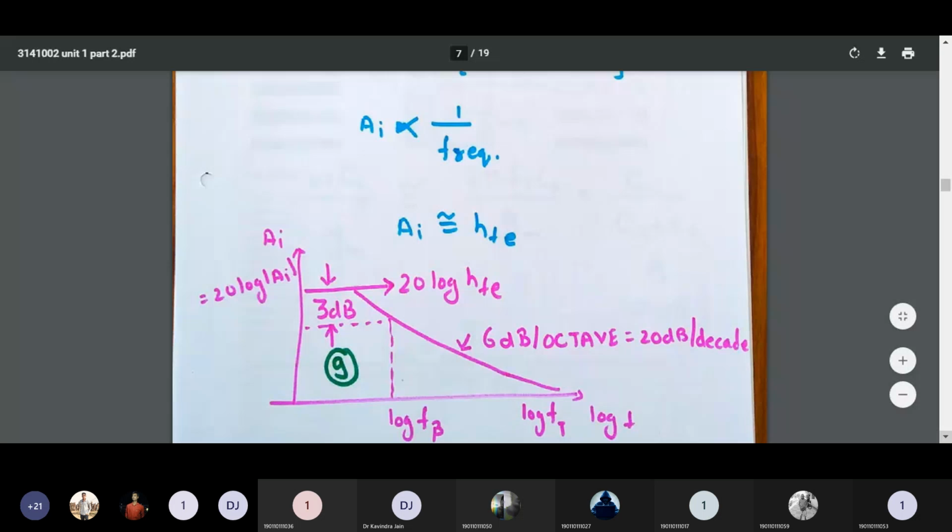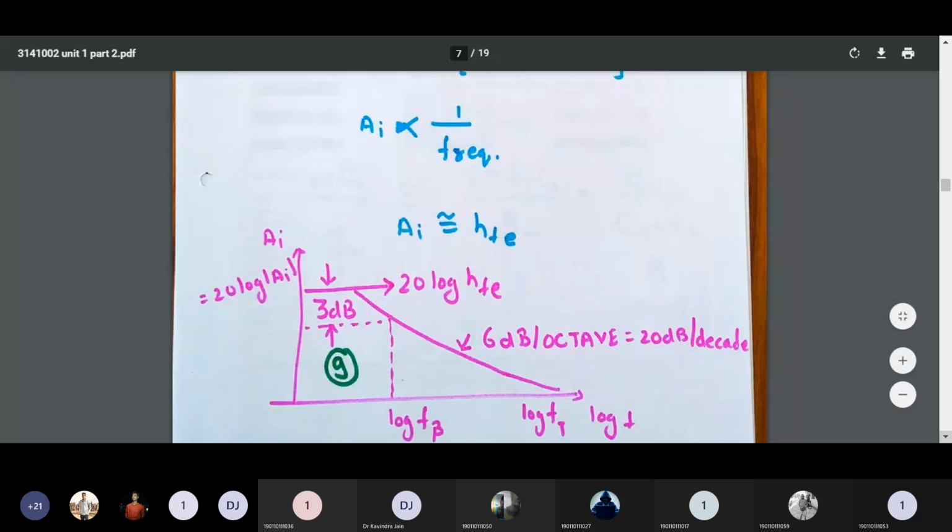The fall in the graph is because of the 20 dB per decade downfall. You have already studied decade downfall in control systems as well as in network theory. So you are already aware what is 6 dB per octave, what is 20 dB per decade downfall, what is 3 dB fall, etc. So there is no need to explain what the fall is, but there is a need to understand that there